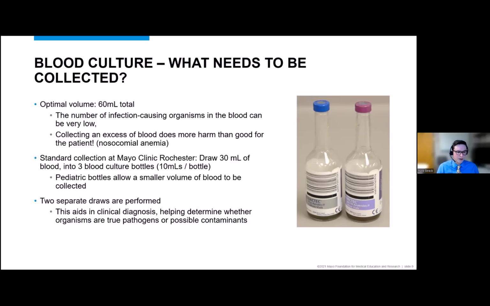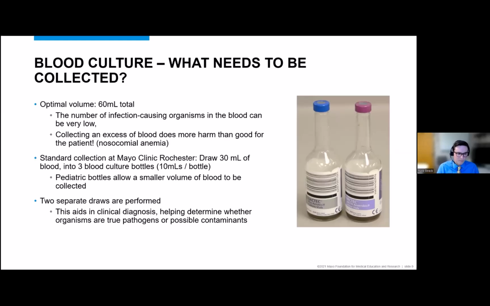So I've highlighted here some of the collection processes that we do at Mayo Clinic Rochester. It might be slightly different at other institutions, so I do encourage all the participants to refer back to their own guidelines. But the way that we achieve the 60 mil optimal volume that we are shooting for is that a standard collection would be 30 mils of blood per needle stick, and we distribute that 30 mils of blood into 3 adult blood culture bottles. So that would be 10 mils per bottle, which is the recommended volume for the system that we're using in our